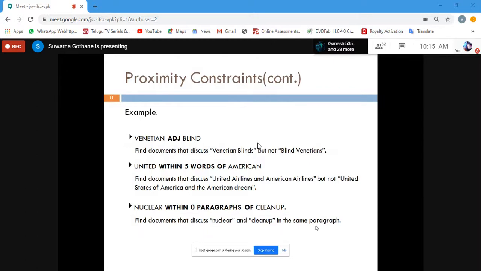So these are nothing but the proximity constraints. Proximity constraints work on the principle of distance, so we can find near, nearby, far. Likewise, operators can be used to fire queries by making use of proximity. So always remember proximity means distance, either adjacent in a forward direction or a particular term within m units, and otherwise we can use other operators like far. So here are a few examples.